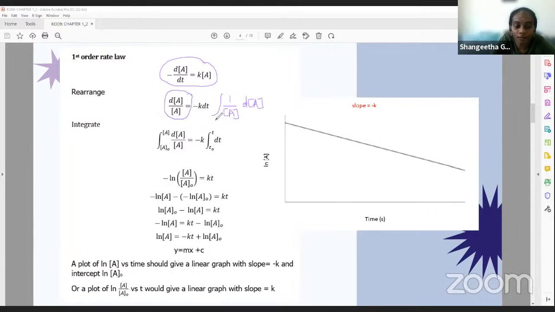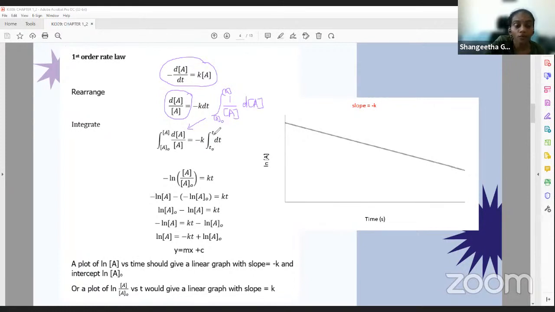So when you integrate, you actually integrate from A naught, which is your initial concentration, until a value of A, the concentration. Okay, so this is what is happening here. So you have to be able to see this. So dA over A equals negative k dt. And for dt as well, you're integrating from t naught, which is your initial time 0, until a certain